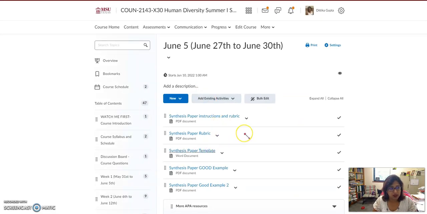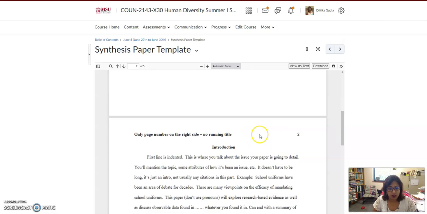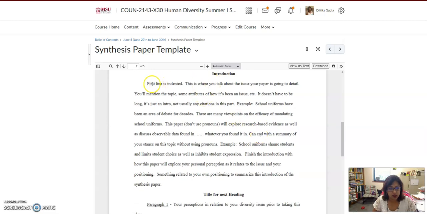And so when you look at the template, this is where you will put your title, your name, and then course number, and then change that date. And then here's the introduction. This is where you will talk about the issue of your paper in detail. And then here you can read all of this, but you will finish it by talking about your own positioning.